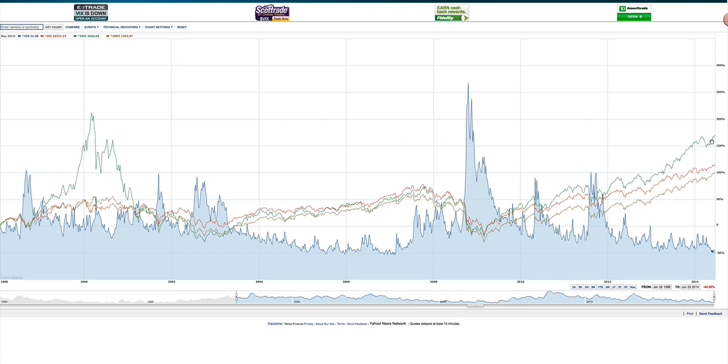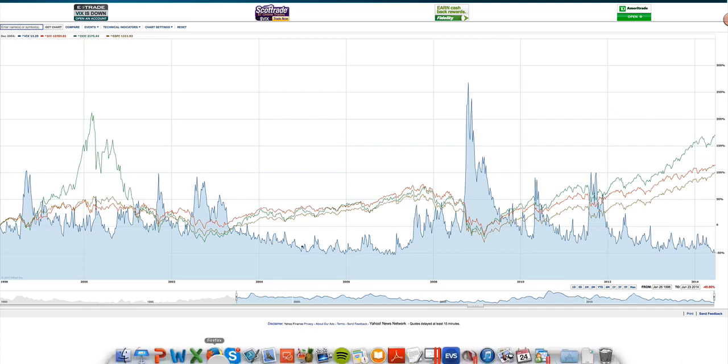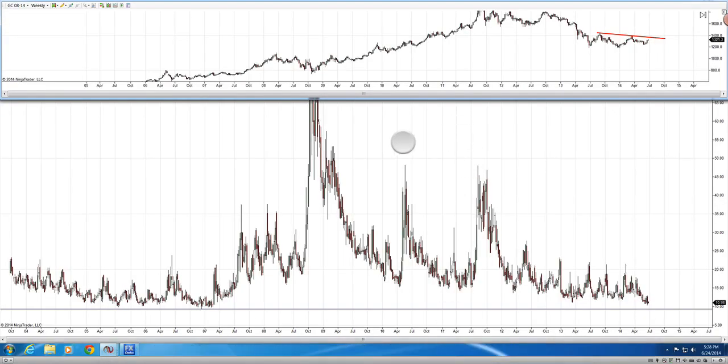So one of the things that you can look to invest in, of course, is the VIX itself, the volatility index itself. You can actually invest in the VIX a number of different ways, and you can do a little bit of research on that and find out how exactly you can do that. But just look at any time there was low volatility like we're seeing now, there were major spikes in the VIX. We can actually go to a price chart right now, and we can actually look at this.